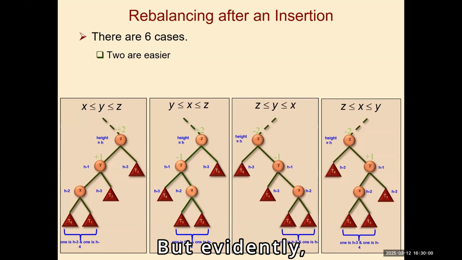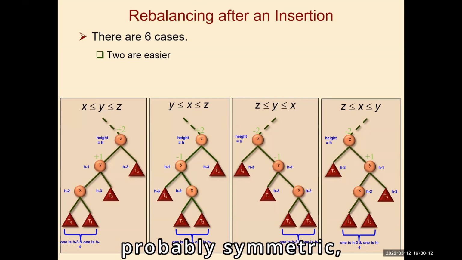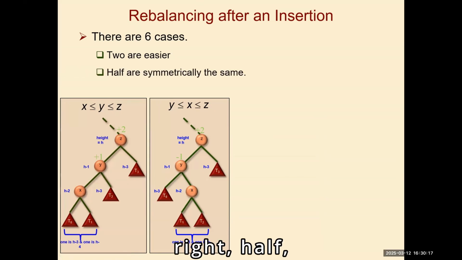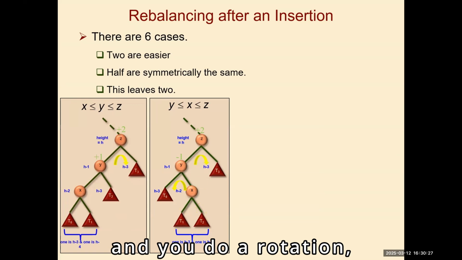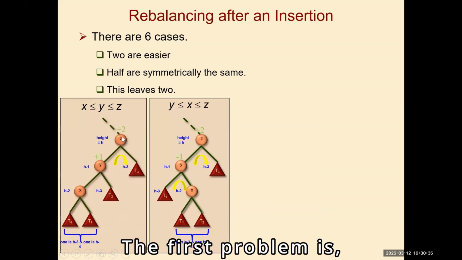But evidently, it's all divided into these bunch of cases. It says there are 6 cases, but we've only shown 3 or 4 of them. Some are probably symmetric, right? So, right, these 2 cases. So you do a rotation and you do a rotation. I guess this guy here, you have to do. This is sort of the one that we were doing before, right? The first problem is